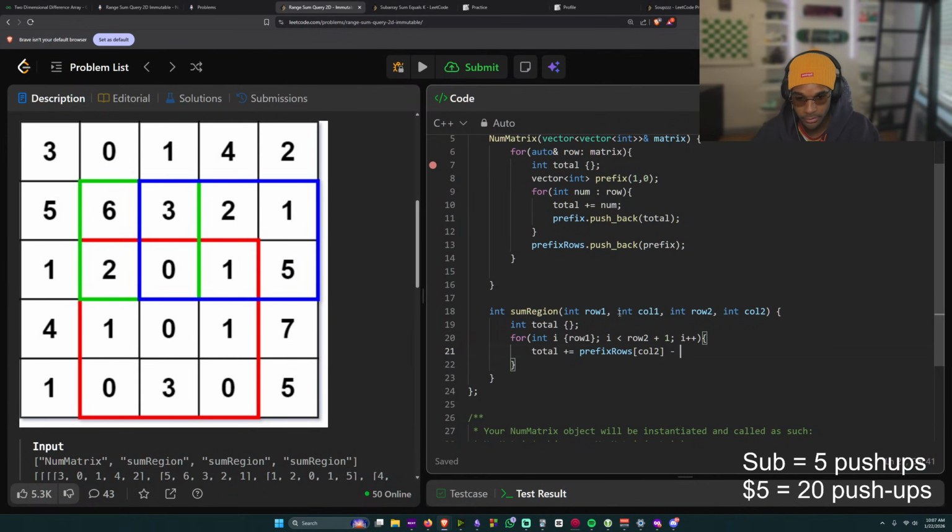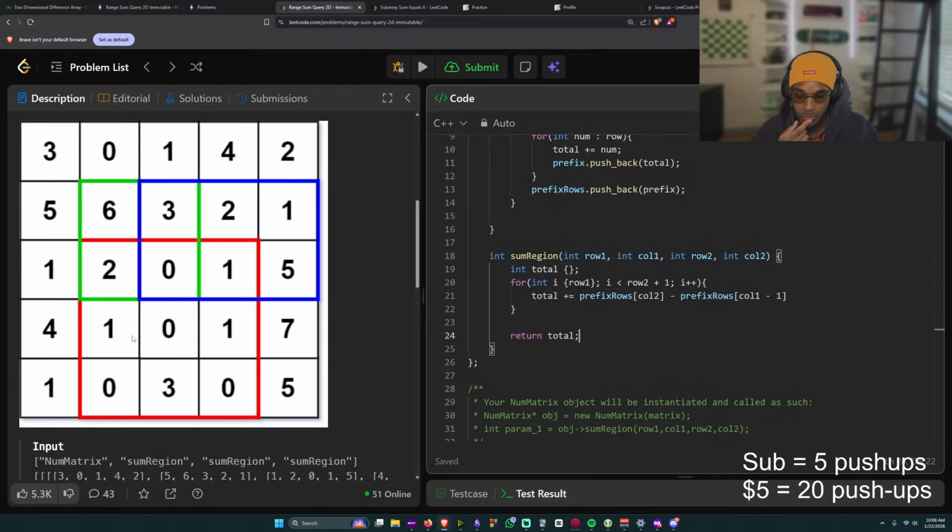Call to minus. Call one. Okay, let's think about this. I think this works.